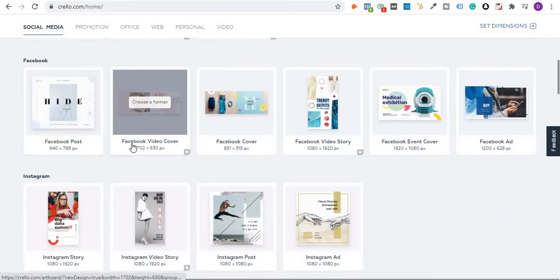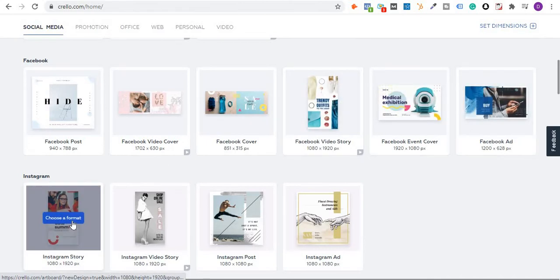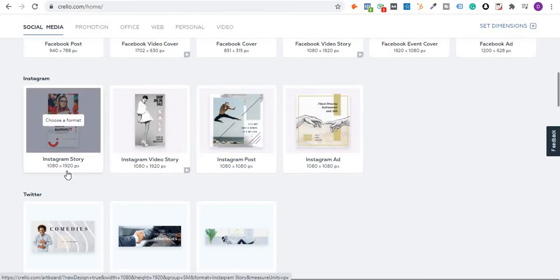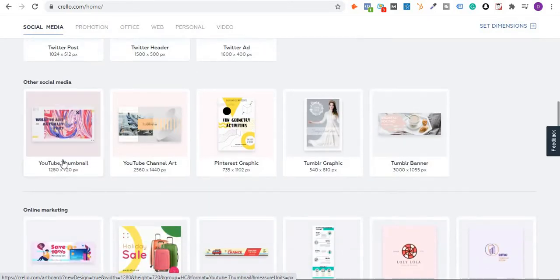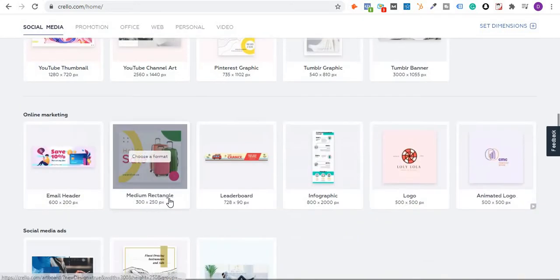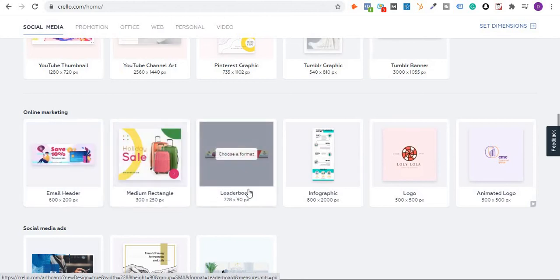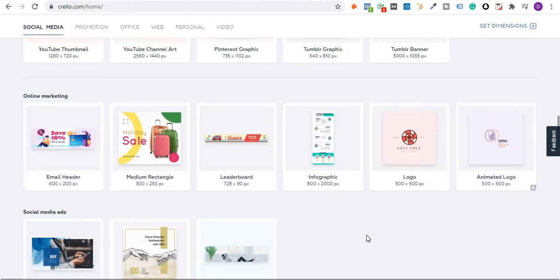This is the Facebook post, video cover, everything related to Facebook over here, everything related to Instagram with the size. They have even mentioned the size over here, with Twitter, with other social media, which is the YouTube, Pinterest and Tumblr. Online marketing, we have the email header, medium rectangle, leaderboard, infographic, even logo, animated logo, right?